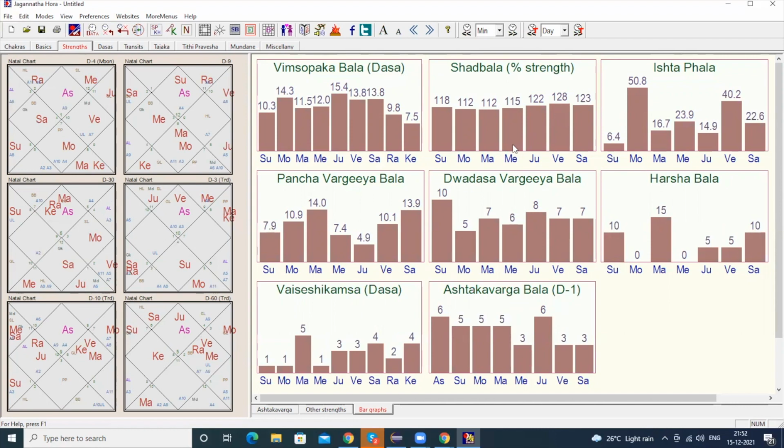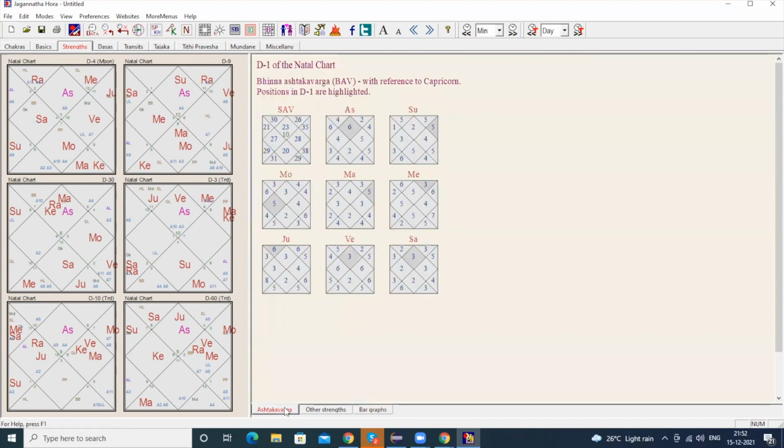Same thing goes for other things, like Vimshopaka Bala, Ishtapala, Harshapala, and Ashtakavarga Bala. If you want to see the Ashtakavarga, click here Ashtakavarga below, guys. You'll get the Ashtakavarga, Sarvashtakavarga, and Binashtakavarga, guys.